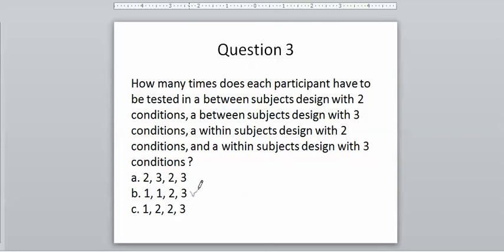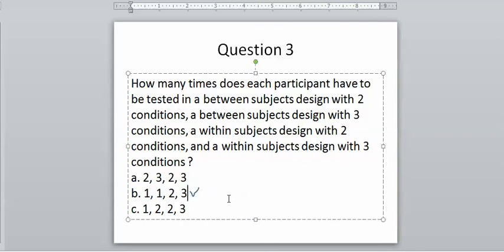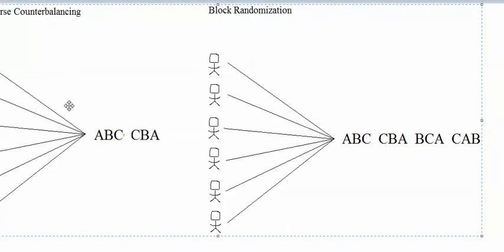And there's actually some exceptions to this, because what this is really asking about is the most simple type of experiment, the most simple type of between subjects design, or the most simple type of within subjects design. Because what can actually happen is that